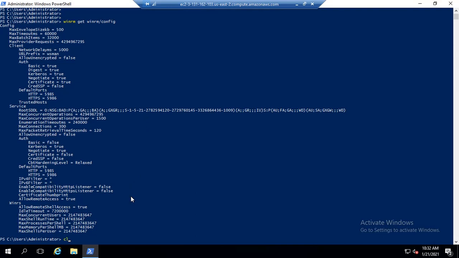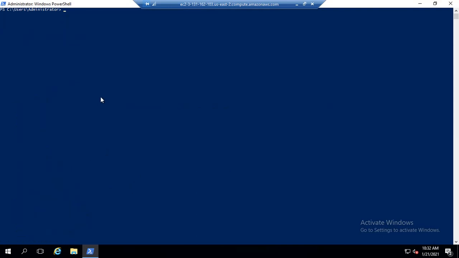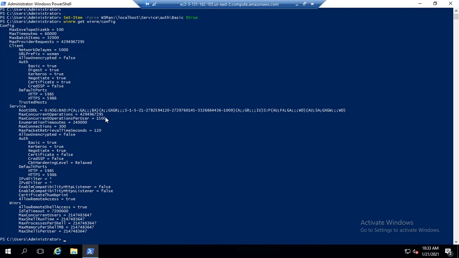In PowerShell, clear the window first, and run this command. Basically this command will set the basic authentication to true. So let me check if it will work or not. Yeah, it's working. The basic auth is equal to true.